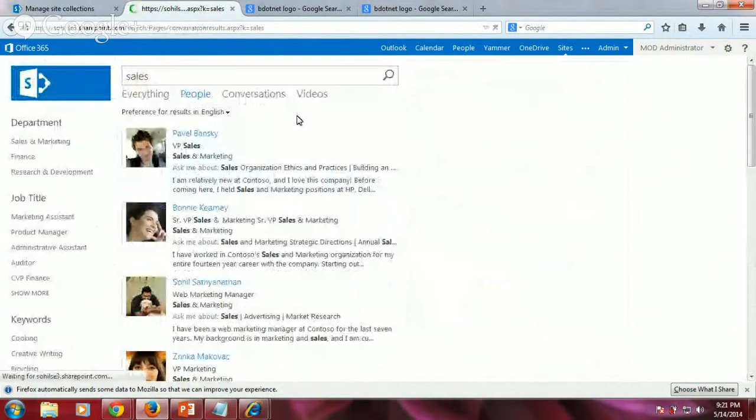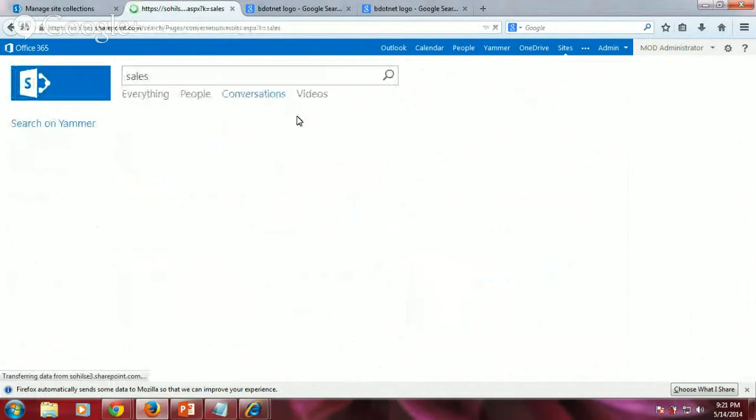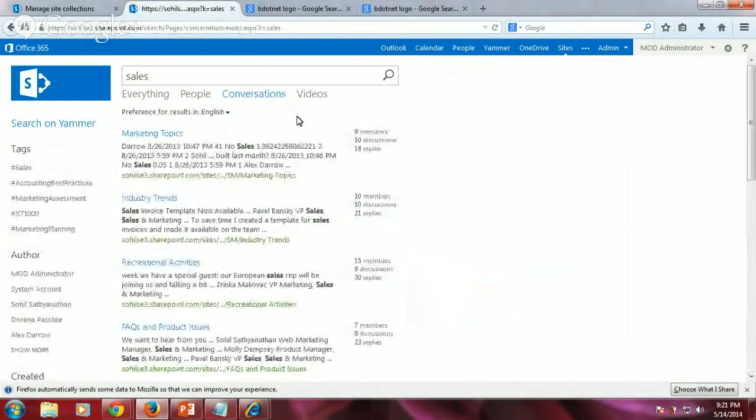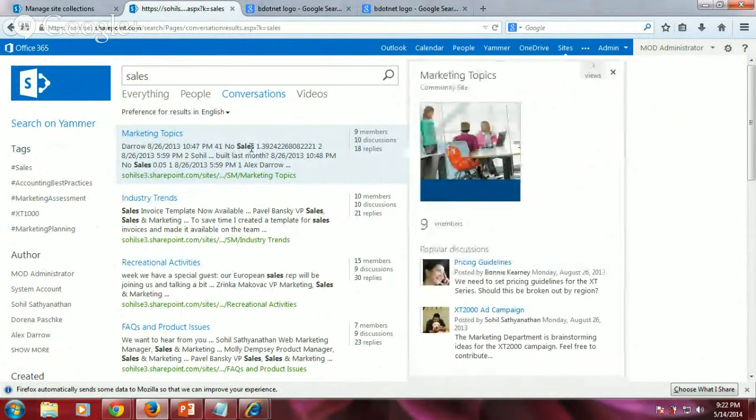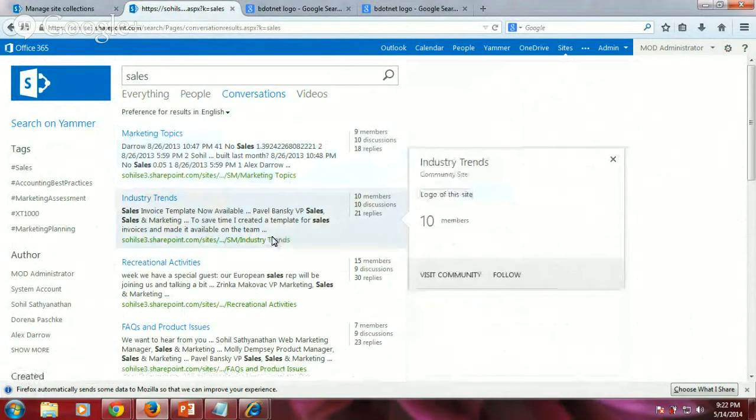So next thing is about conversations. When I click on conversations, it's actually going to show me all those discussions or discussion forums that are created within SharePoint, as well as those community sites where those discussions have happened. So in this case, this keyword sales is actually being referred in a community called marketing topics, and some of the popular discussions are also appearing here